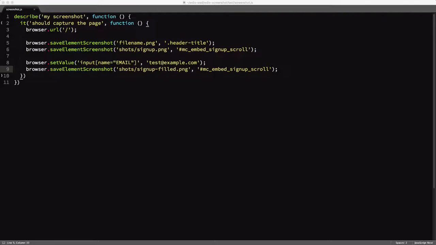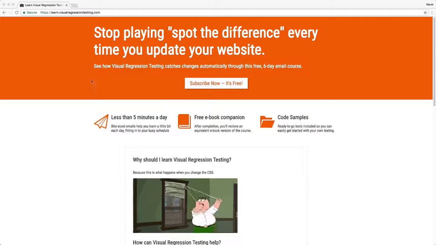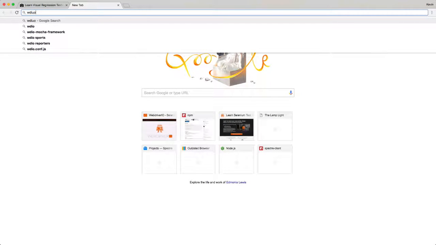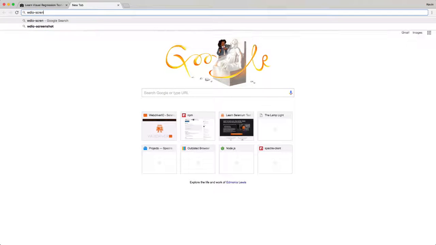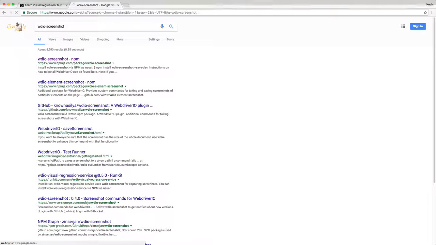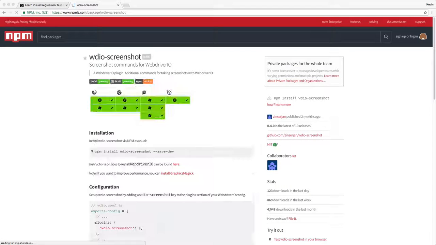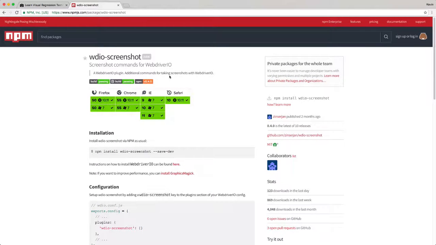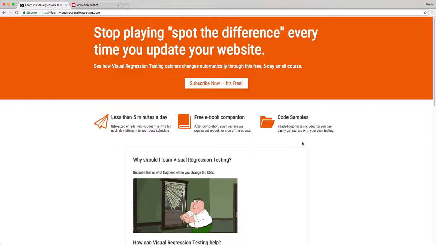Okay, let's get started. So today I want to talk about WebdriverIO's element, not element screenshot, just WebdriverIO screenshot. So wdio screenshot. Oh wow, my typing is awful. Let's see. Okay, so we got wdio screenshot, and I've been doing a lot of work on this course lately